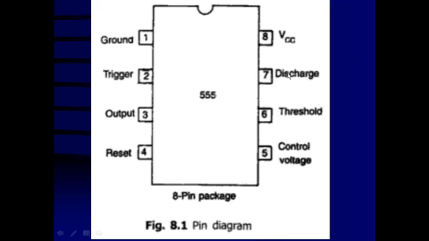Pin number 7 is a discharge terminal, because internally the collector of the transistor is connected to pin number 7, and this transistor is normally on only. That means it is conducting, always in saturation. So through this pin there is an internal transistor which is always conducting, and that's why any capacitor connected to pin number 7 is going to be discharged to the ground, or it remains uncharged until the transistor is off. Otherwise, it makes a short circuit for the capacitor and it remains discharged only. These are the work functions of the different pins of the IC.